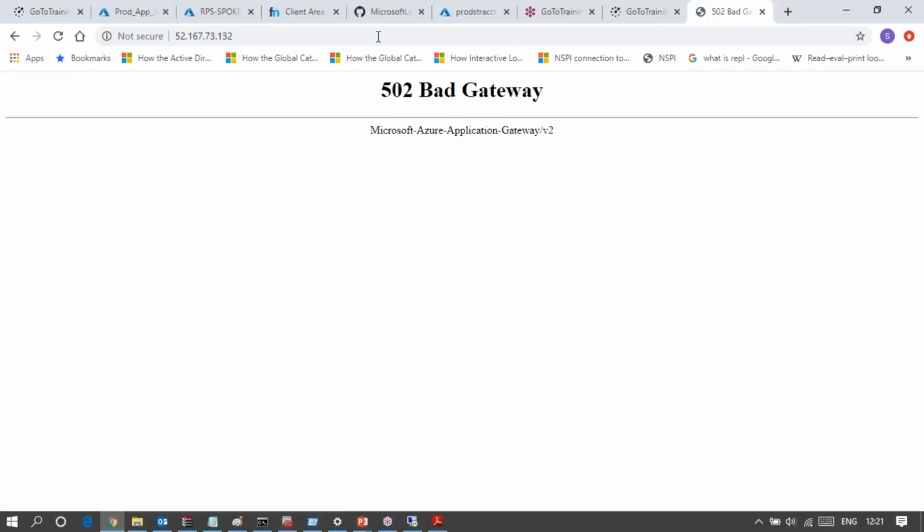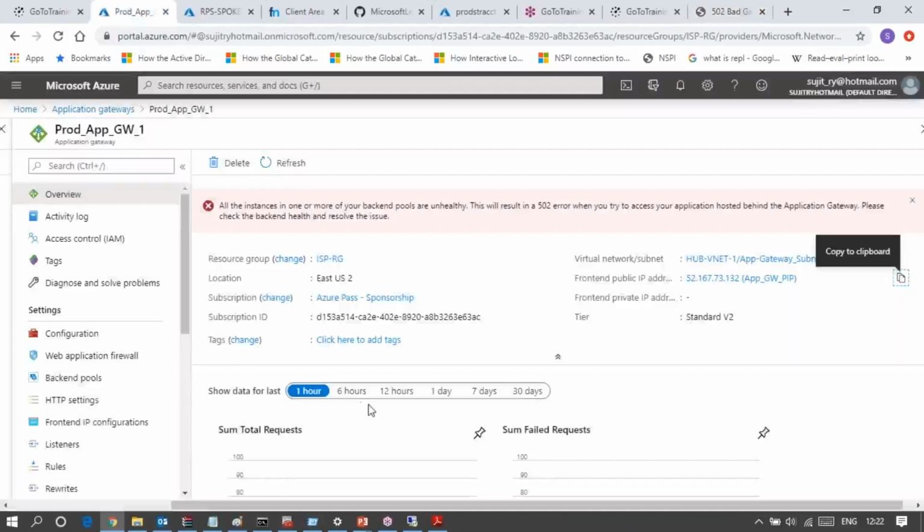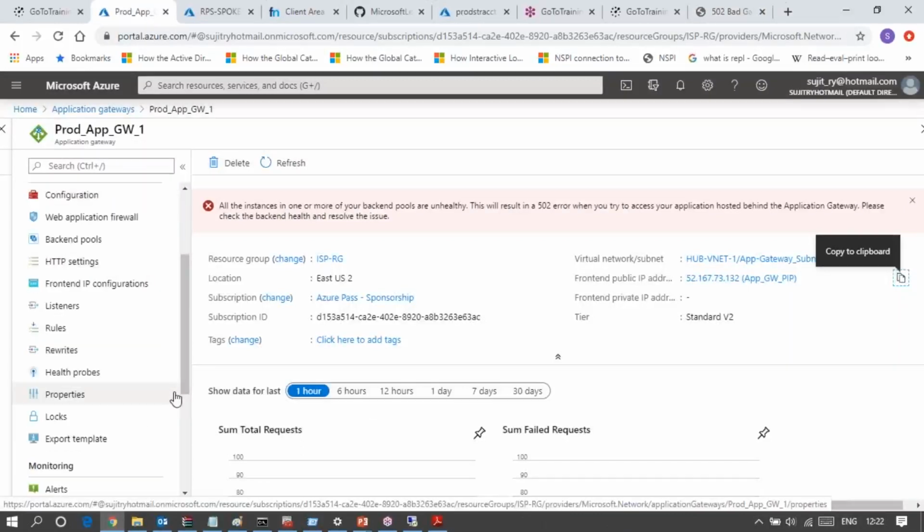Any service running in my virtual machine, I can directly call by using this public IP address. Got it? Any kind of redirection I want to use, like calling this public IP and automatically Google will open, this kind of thing you can also configure using redirection. But for that you have to create another rule. Web application gateway rules you have to configure separately.